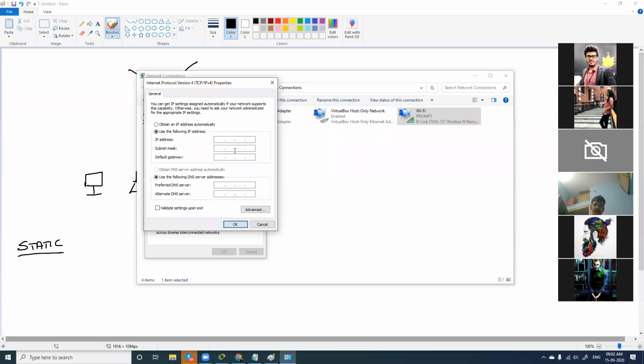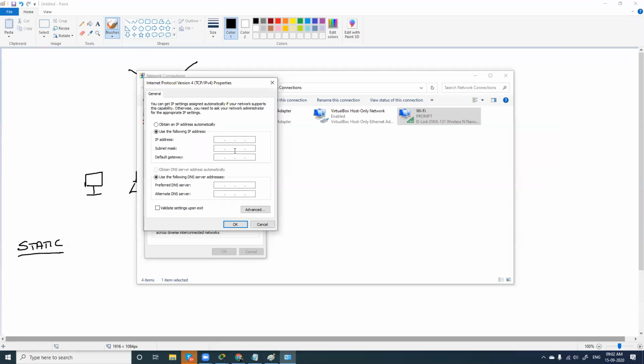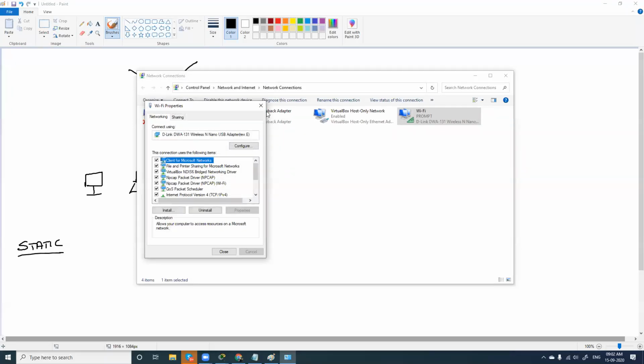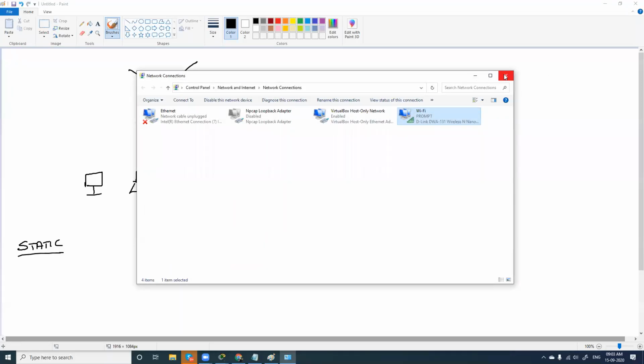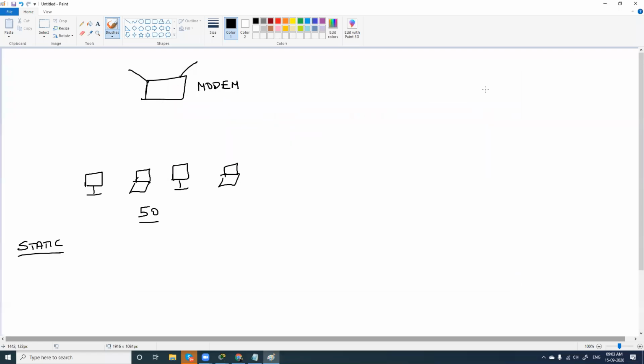That is static IP assigning. This is okay if you have fewer computers, but if you have many computers, like the 50 here, we can choose obtain IP address automatically. When you click this option and click OK, an IP address will automatically be assigned to your computer from your modem.